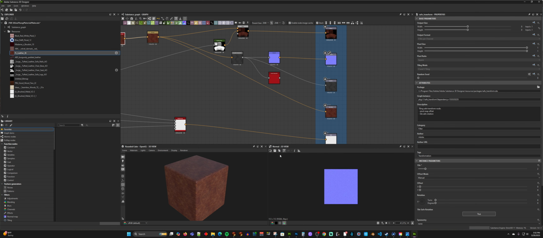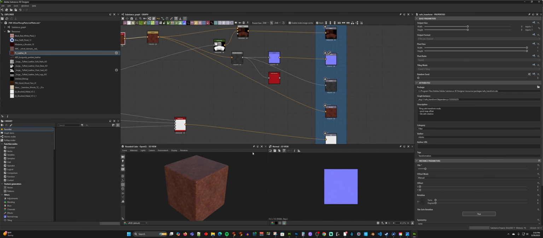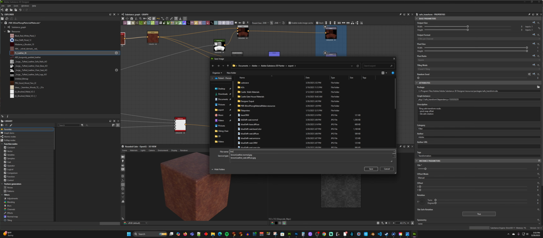Now we'll go to the normal. We'll call this brown leather normal. I don't know why I did this. Brown leather. It doesn't matter what part it is because it's for both the seat and the base. Same thing with the specular. It doesn't have the AO included in it, so it's going to work for everything. So we'll just call that brown leather